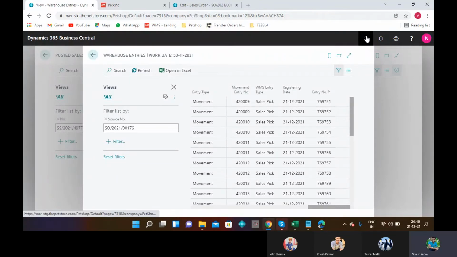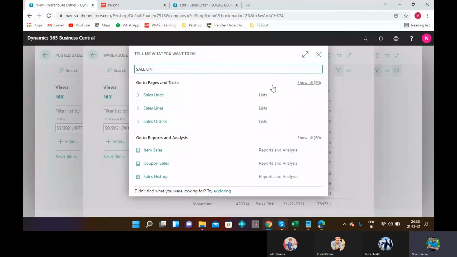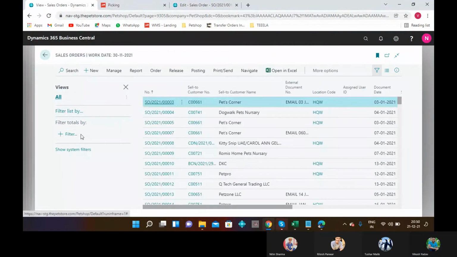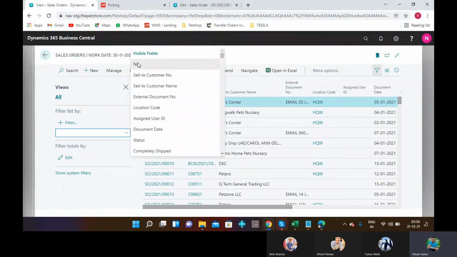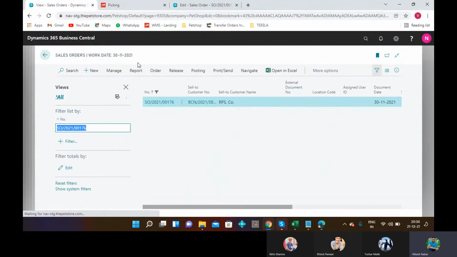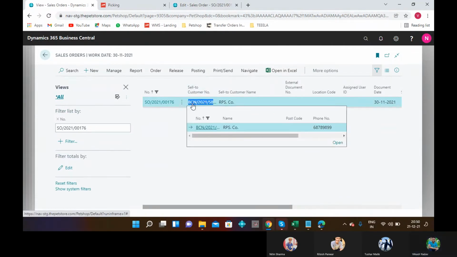So we go to search sell order. Apply a filter. Order number. I first copy my customer number.